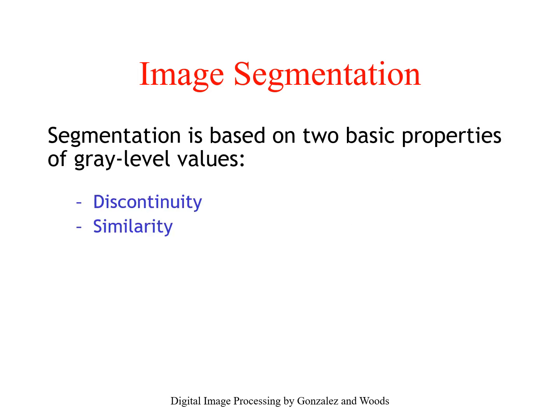So image segmentation algorithms are based on two basic properties. First is based on discontinuities in intensity and second is based on similarities in intensity. Based on discontinuities in intensity means we are going to partition an image based on sudden changes in intensity. For example, edges. In case of similarity, we are going to partition an image into regions that are similar according to a set of predefined criteria.